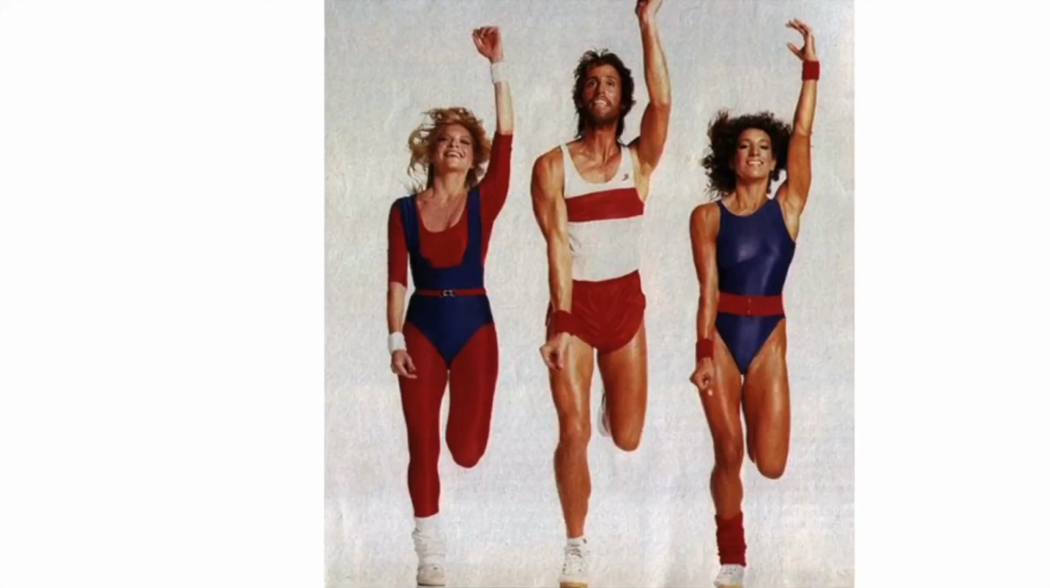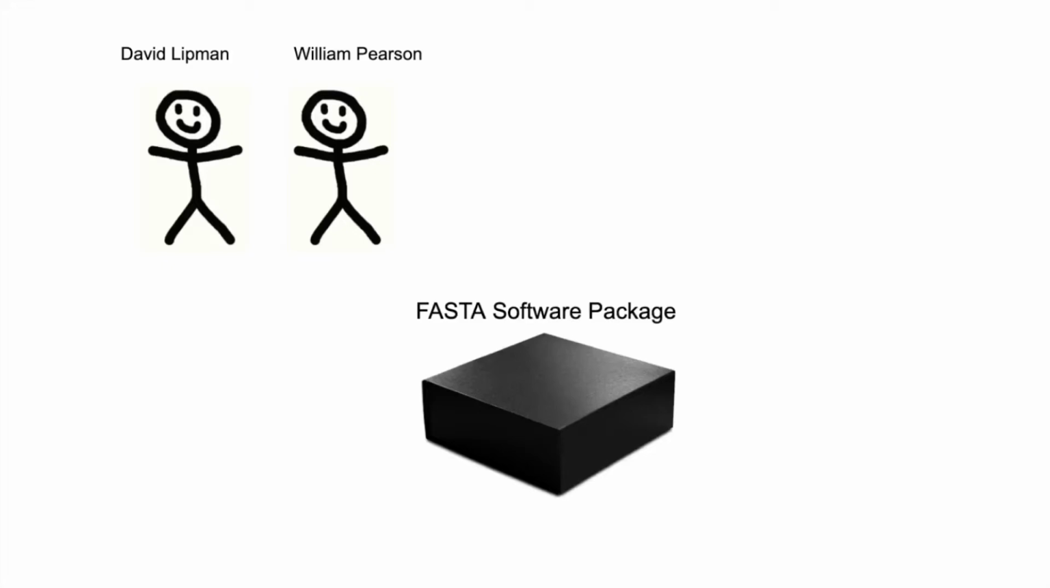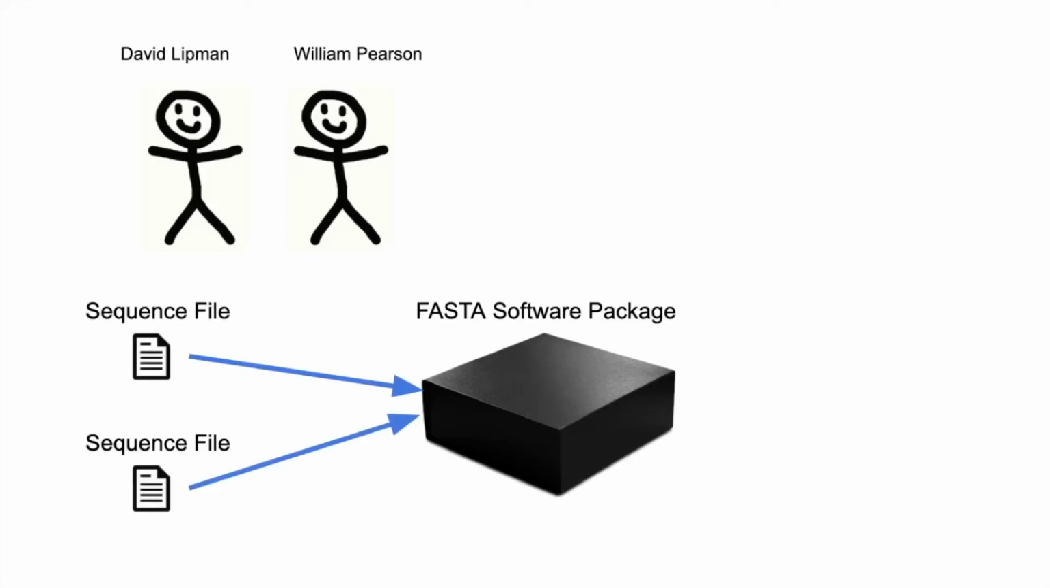Back in 1985, there were two guys, David Lippman and William Pearson, that put together a sequence alignment software package called FASTA. So to use the software package, you would throw files that contained your sequences you wanted to align into the FASTA software package. The software package would execute an alignment of your sequences, presumably against a reference sequence, and spit out an alignment